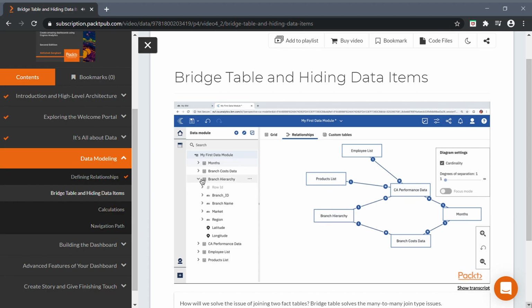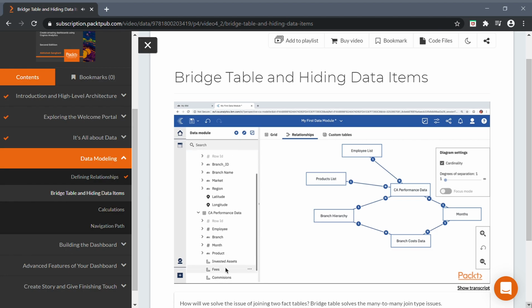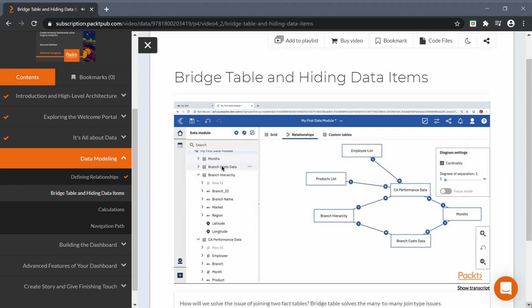branch hierarchy, I can find the branch ID here, but I can also find branch ID in the branch cost data, as well as I can find the branch ID in the CA performance data. While creating dashboard, if you use the branch data item from CA performance table, then it will work okay with the metrics from CA performance table. However, you will not be able to use the metrics from branch cost data because that can also lead to inaccurate results. The right thing to do would be to use the branch ID and branch related attributes from the branch hierarchy table. And hence, to avoid any mistake, we are going to hide the branch data item from both